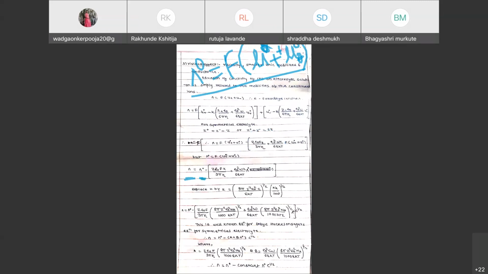Lambda is equal to lambda naught into, as we have all these constant values as it is, we will write it. So as it is we have written here, and then after this, yes, lambda 0, lambda 0, and